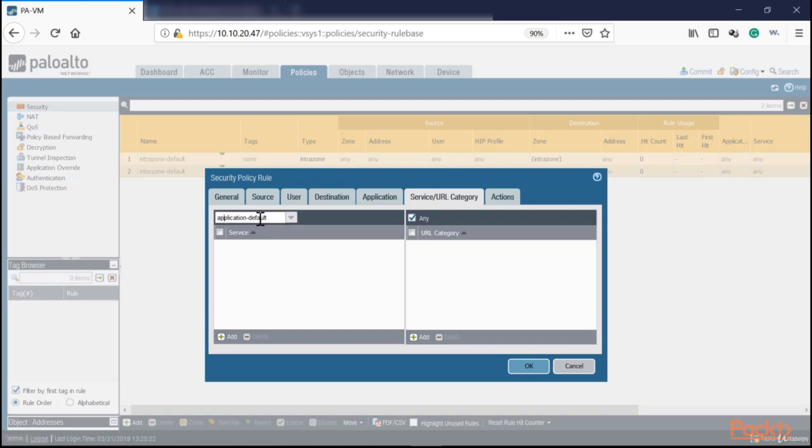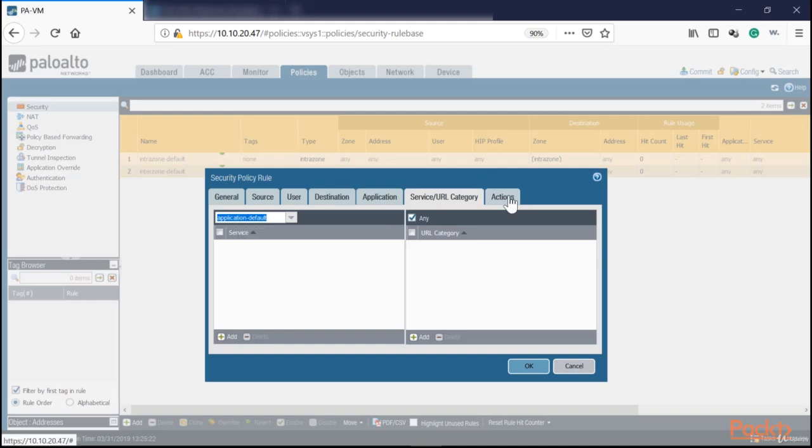On your policies, by default, we will have the application-default setting on our service side. You want to make sure that you're setting this as any, because this means that if the traffic is going, for example, to an HTTP, HTTPS site, that is an application-default service port, meaning I will always go to port 80 if I want to go to an HTTP site. So if the source goes to that particular port, by default, the Palo Alto will see, well, that's application-default, I'm going to allow it. Or if I'm going for 443, which is HTTPS, that is application-default, I am going to allow it or